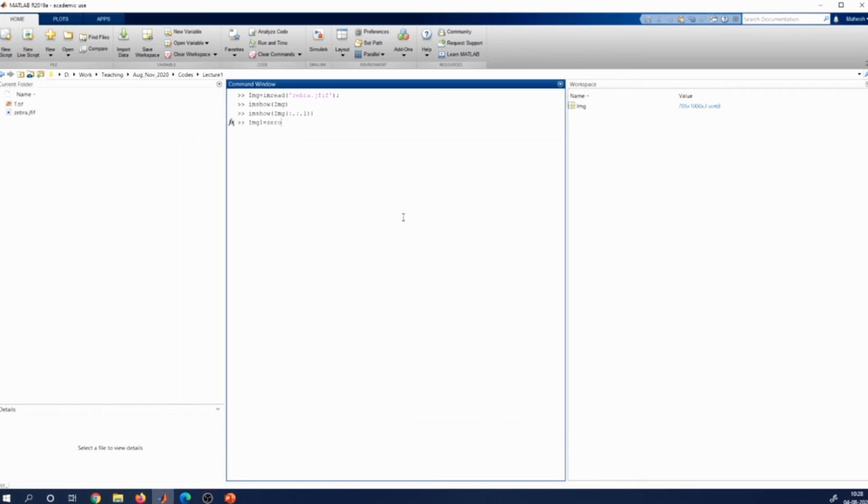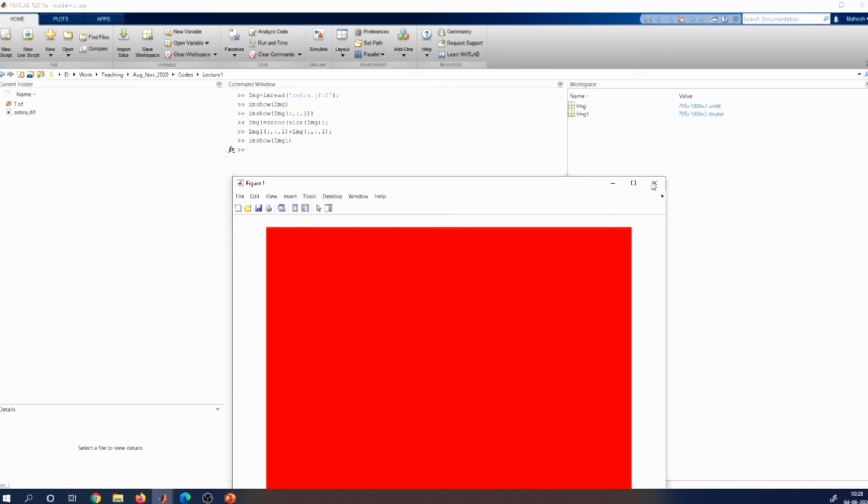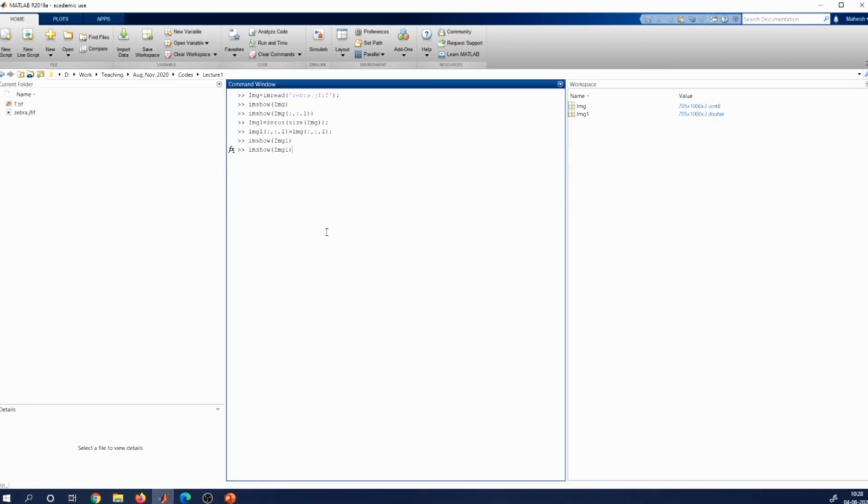If you really want to see it that way, there is a way to do that. Initialize a zeros matrix with the same size as your original image. Then in the third dimension, I am going to initialize the first channel with the first channel of the image, basically the red channel. If I now view this as image 1, what you will see is the reddish part. There is one problem here because it has changed to double.